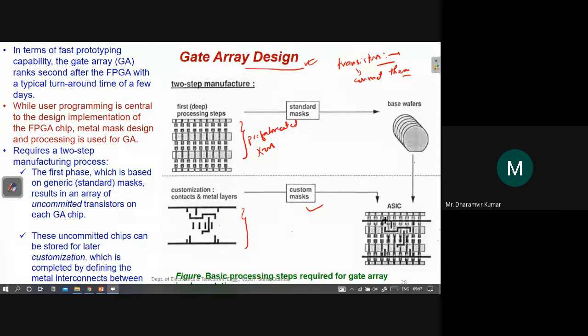Some transistors will be connected in some fashion. This will be according to the specific design, and then the circuit will be formed like this. So this is the idea here, that you have uncommitted transistors already available, and the task is to form a metal layer lining structure, and with the help of some custom made mask, we superimpose this metal lining layer on top of those uncommitted transistors.